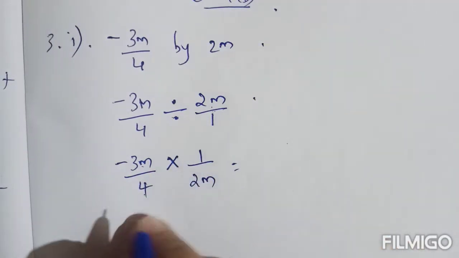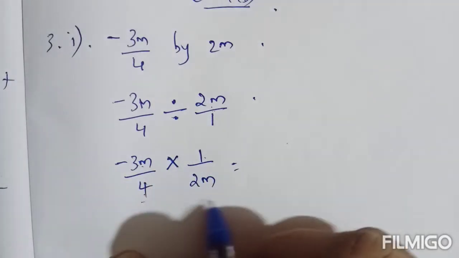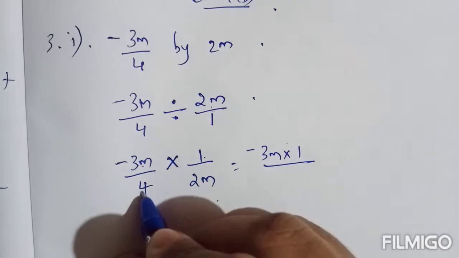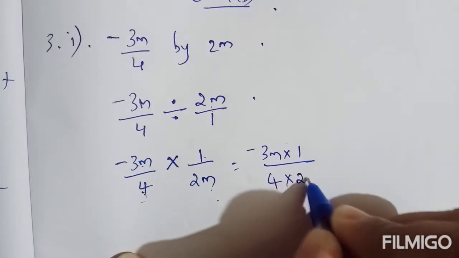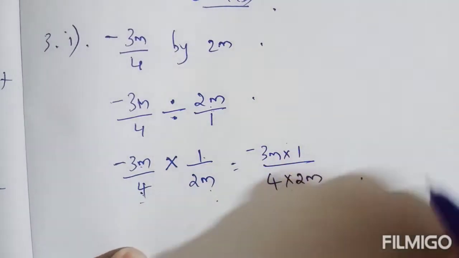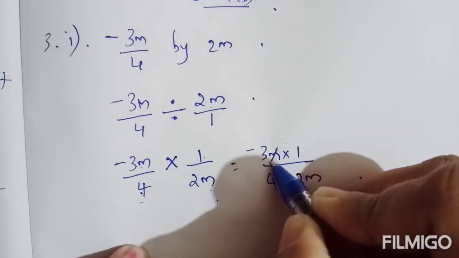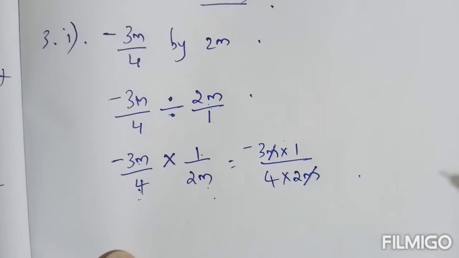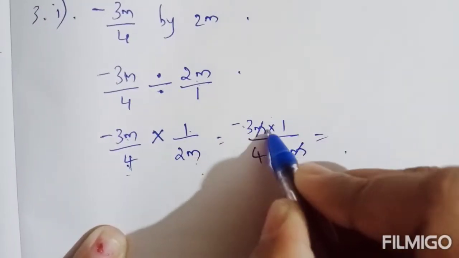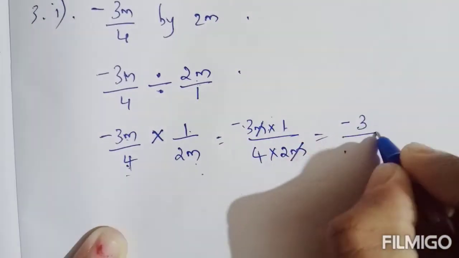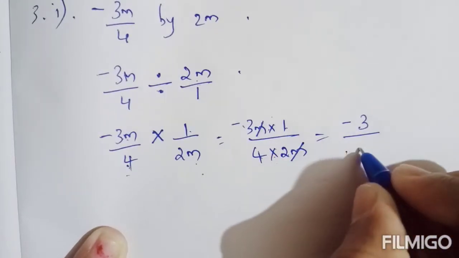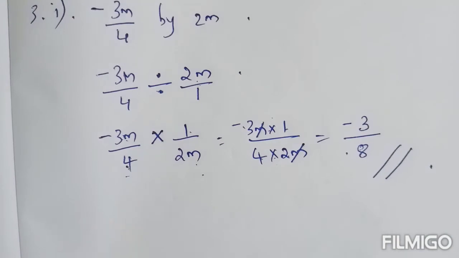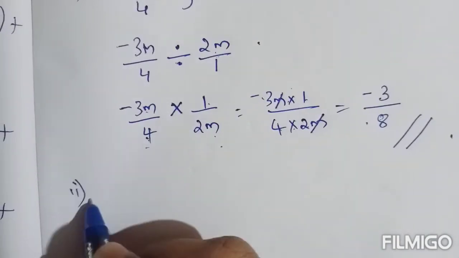So multiplication of fractions, you know, product of numerator by product of denominator. Minus 3m into 1 by 4 into 2m. Okay, so here you can see in the numerator m is coming, in the denominator also m is coming, so that you can cancel. Remaining minus 3 into 1, minus 3 by 4 into 2, it is 8. So minus 3 by 8 will be the answer. Okay, now second one,